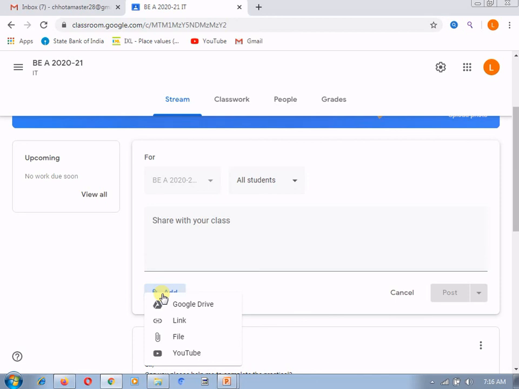You can add an attachment and post it with reference to the previous request by the student. So in this way the Stream will work.